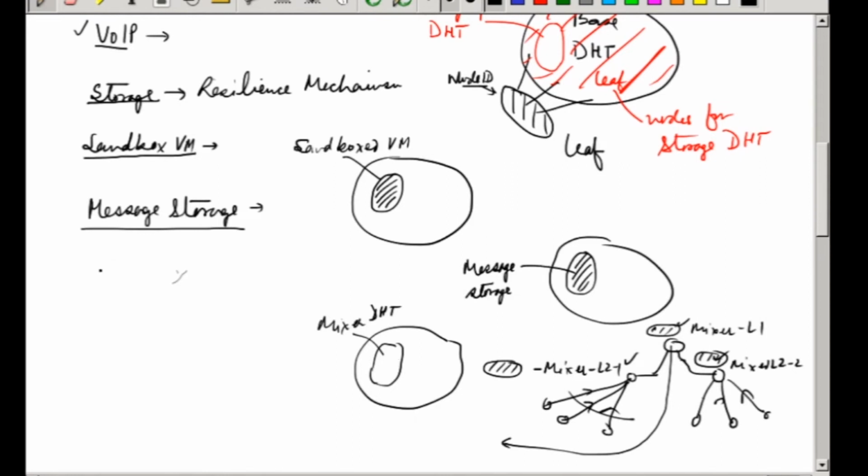So we can have these AV mixers, which will be acting as a bridge, or I can also call them bridges, and they can form a DHT. Now the moment you form such a DHT, what has to be done? There is a problem here now: how the routing tables will be managed.